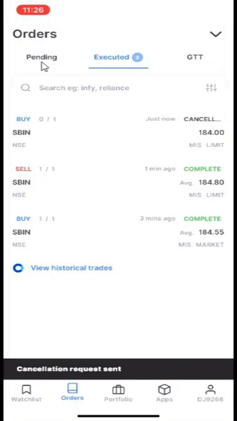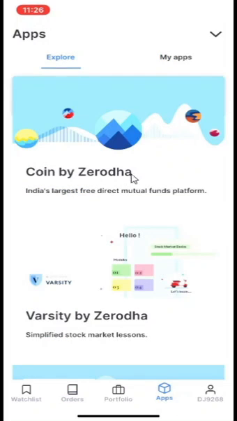Only open orders will be in the pending tab. All other statuses will be available in the executed tab. If your order is cancelled or rejected, it will be available in executed orders. In the apps tab, Zerodha apps will be available. We can use them if required.